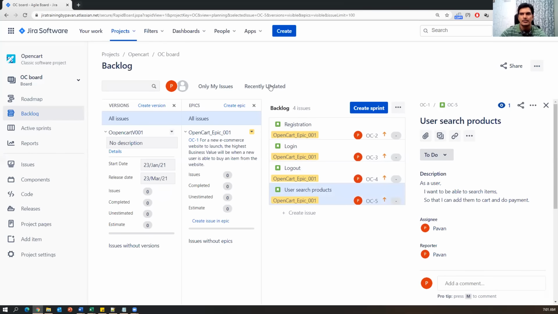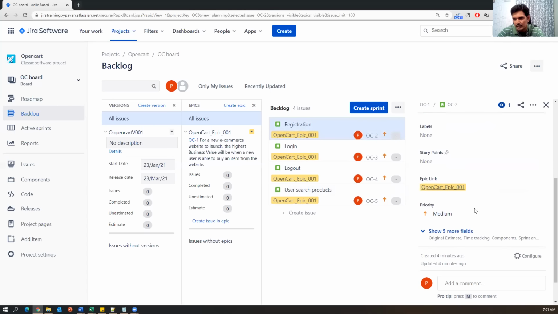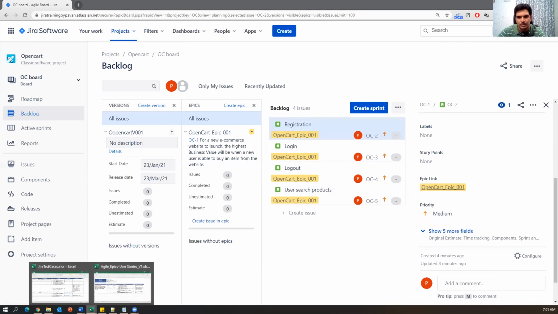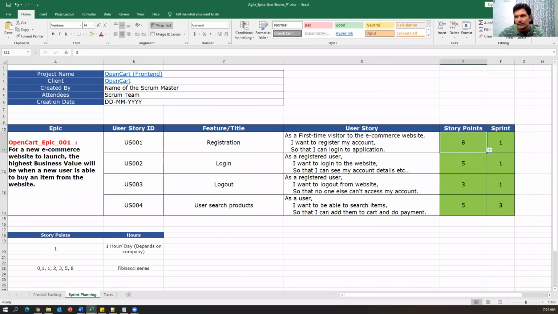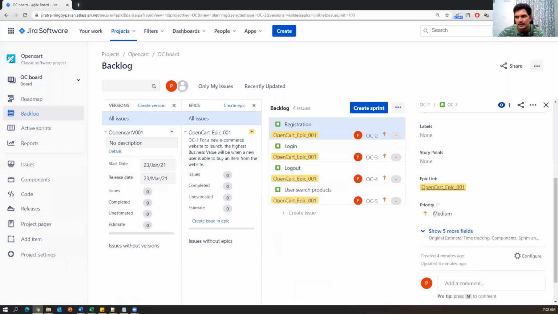So now I need to add story points to these stories. Now the first story, registration, I selected. If I look here, all the details are displayed along with the story points. So here we have to provide the story point number. During the sprint planning meeting, we will do all these things. So what is the story point for this? 8. So I'm just giving the story point as 8,